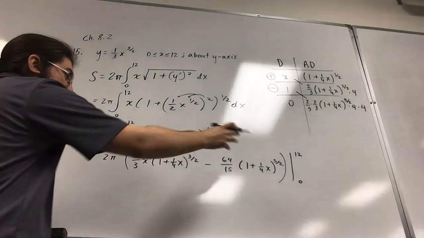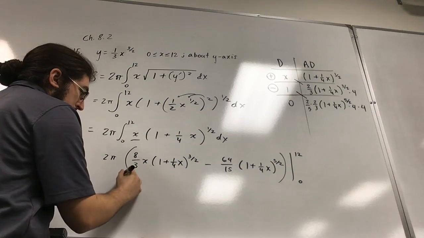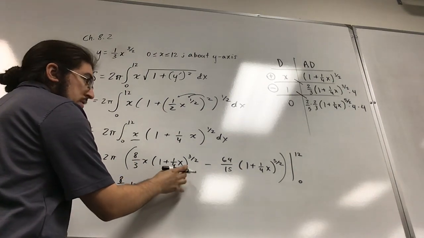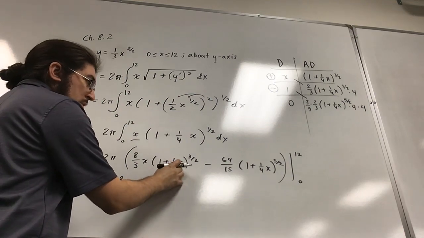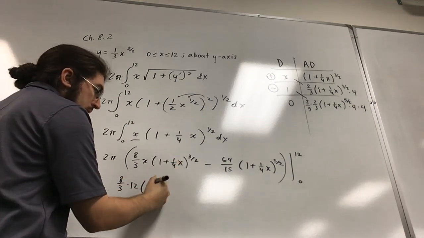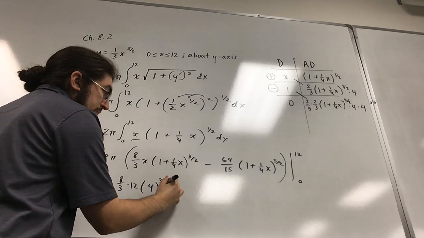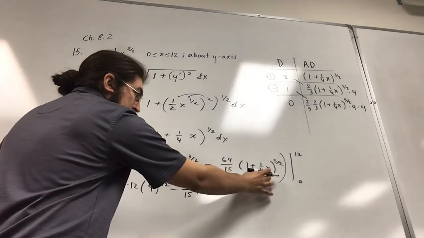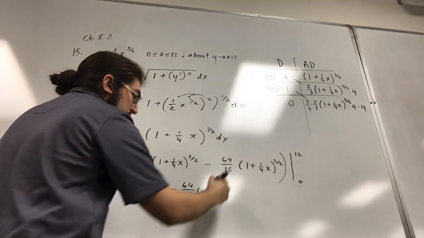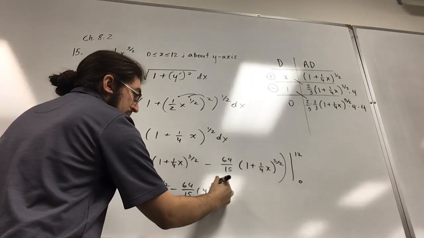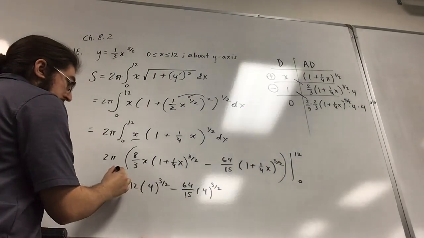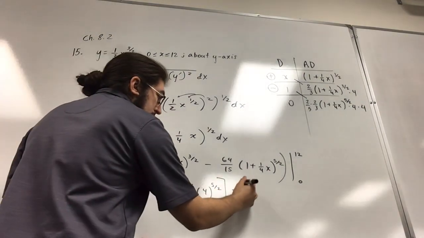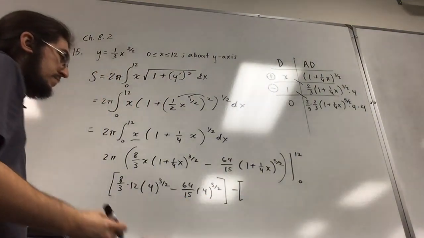Let's see. So plugging in 12, we get 8/3 times 12, plus 1 plus, let's see, 1/4 times 12 is 3, so 1 plus 3 is going to be 4. So that's 4 to the 3 halves. Minus 64 over 15, and again, that's going to be 1 plus 3, which is 4, so it's 4 to the 5 halves. This is the first result, plugging in x equals 12, minus, when you plug in x equals 0,